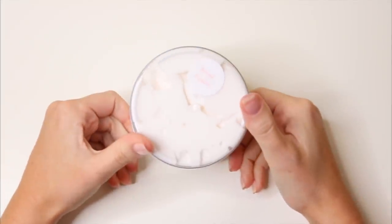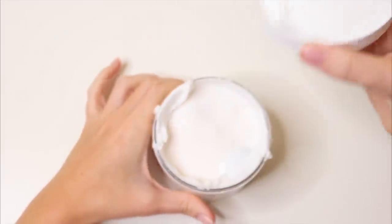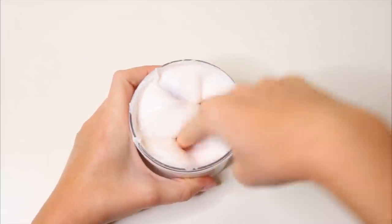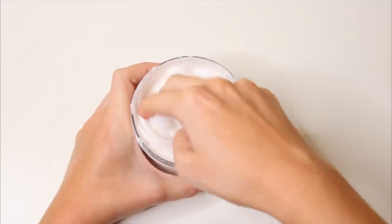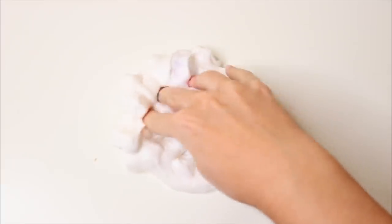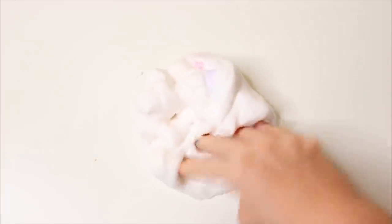But on to the first full-size slime. This is called Bread Puddin', and it is an 8-ounce, thick white slime, and it has a lot of cubes and pom-poms in it, which I think was a really interesting texture. I've never had the two of those together, and it was a thick white base, and it also was scented like bread and milk. To me, it definitely smelled like milk a lot, but the texture on this was absolutely